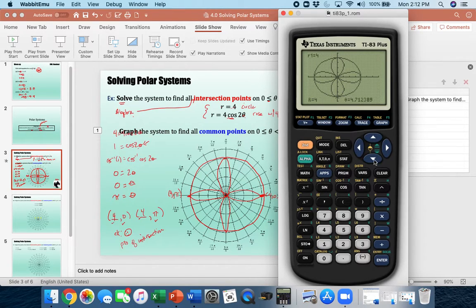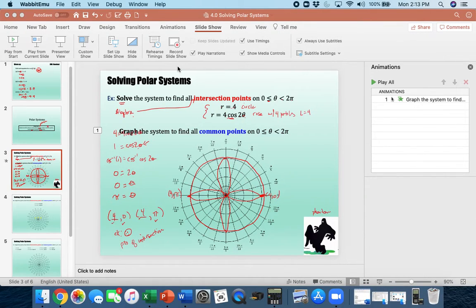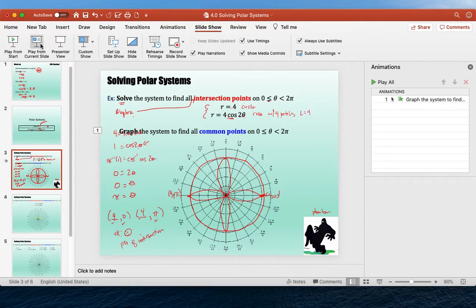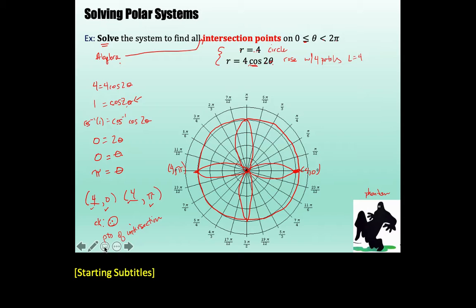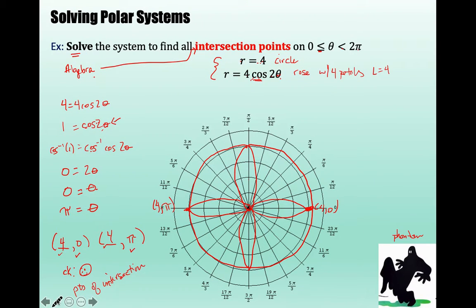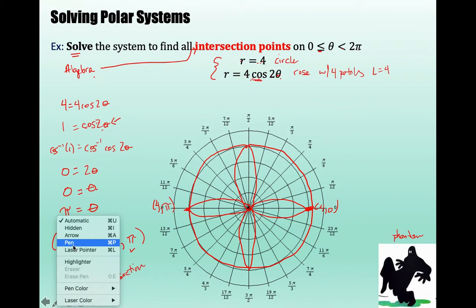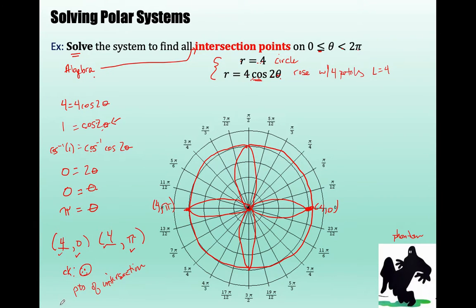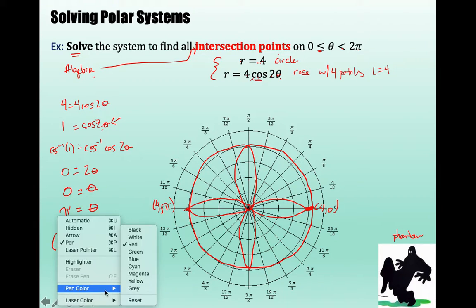Nope, not same place, same time. That's the difference between a point of intersection and a common point, or as some people call them, phantom points. So you are responsible for finding points of intersection with your math, and you are responsible for finding phantom points